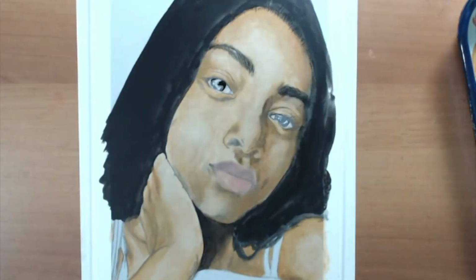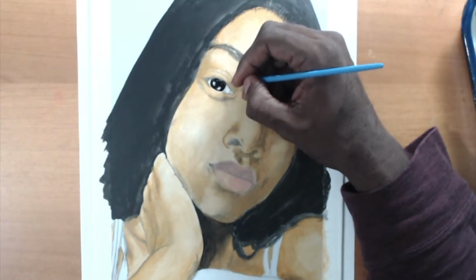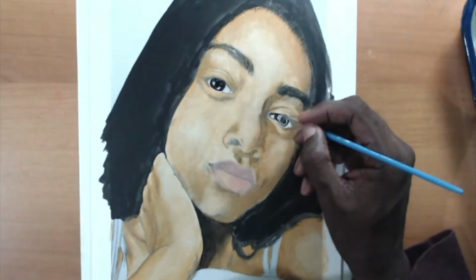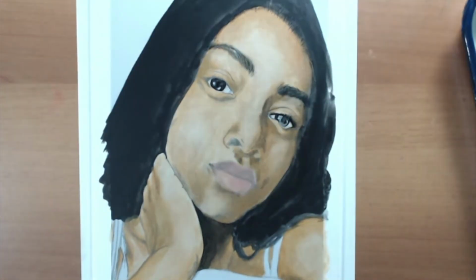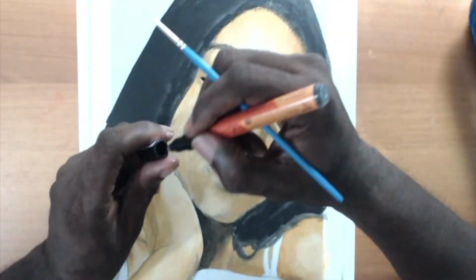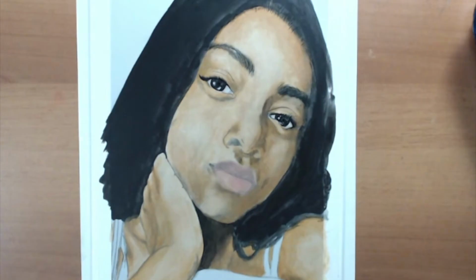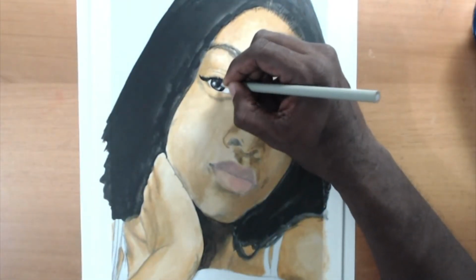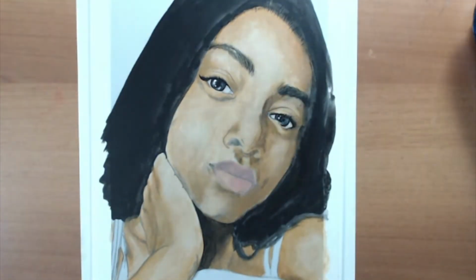And of course, that was my little use of the acrylic markers. Acrylic markers for her eye right there. Now the acrylic markers, they go on thick, so you need a brush to spread them around. But for little things like the eyes, I don't really recommend the acrylic markers, because they go on and then they spread a little bit. But they might be good for hair strands and things like that, but not for fine detail,